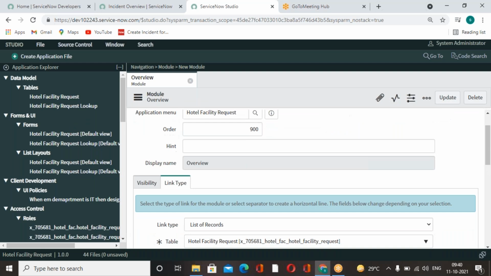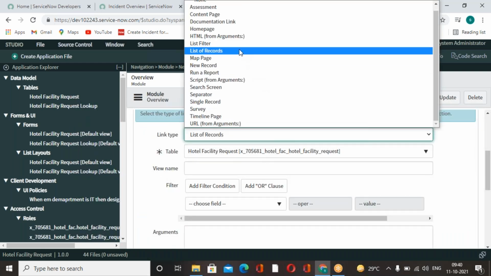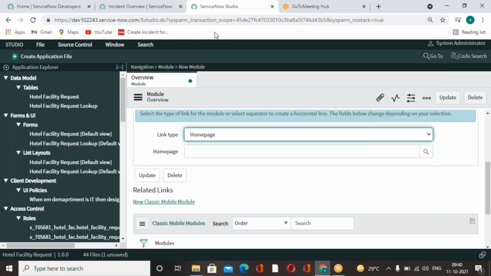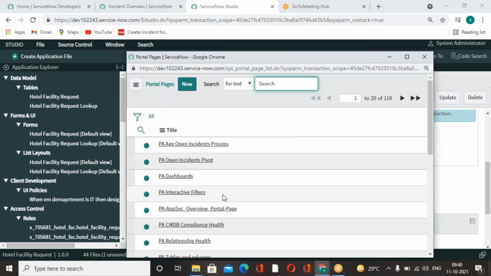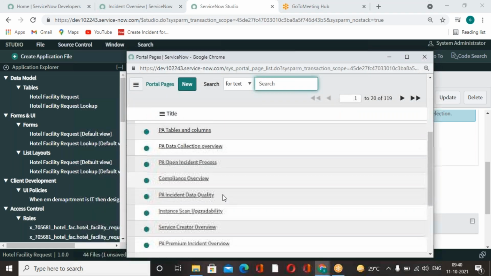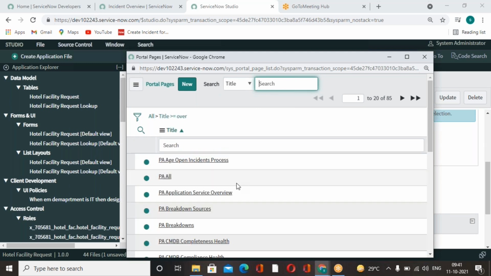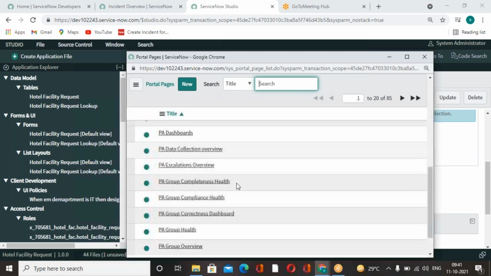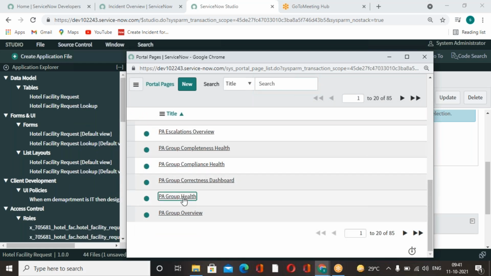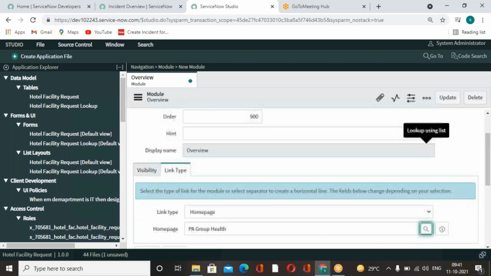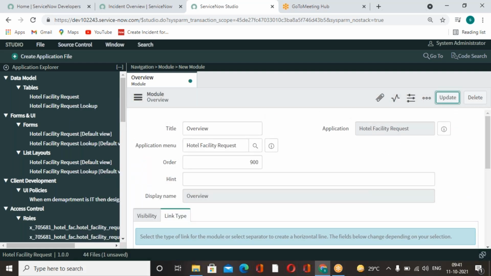Okay, so what is the link type? It's very important. The link type is home page. In home page, we can call all the reports. In home page, what do you want to call? Which portal page do you want to call? If the name is not remembered, anyway, no problem. PA group health, something you selected. The report is which are already created. Update